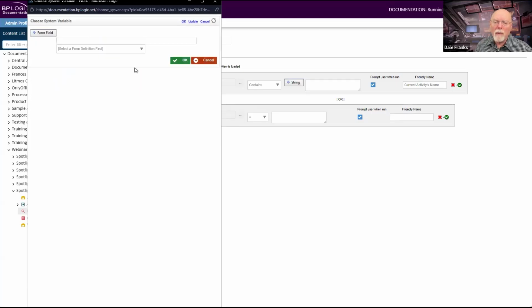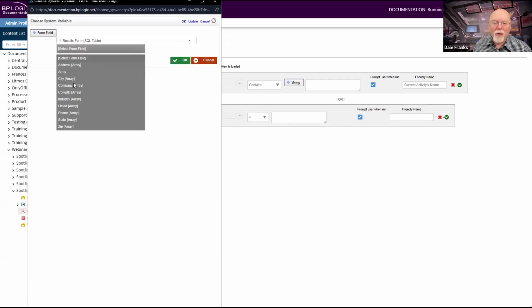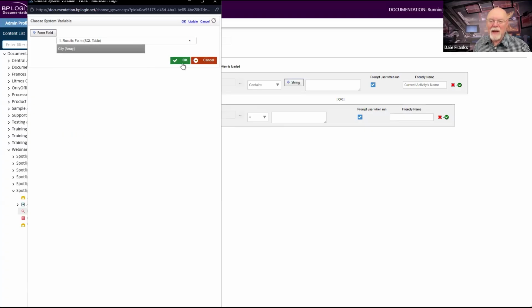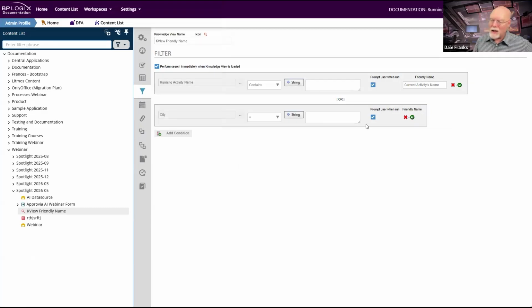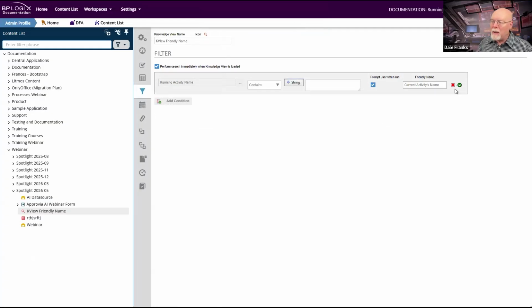And like I said earlier, if you have a field that already has a friendly name, so for example, if we were to go to form and form field, I didn't pick a form definition for this. So let's go with this results form, whatever that is. Okay, this is an array field, but I think it'll be fine. We'll use this city array field. And note, I don't have a friendly name property for this. Don't really need it because my field is already named city, and that's the friendly name of this field.